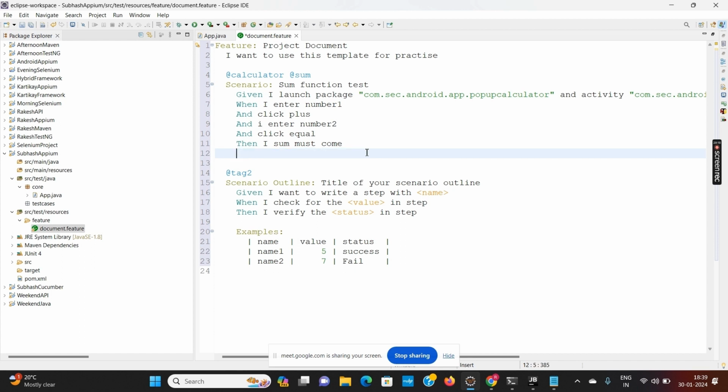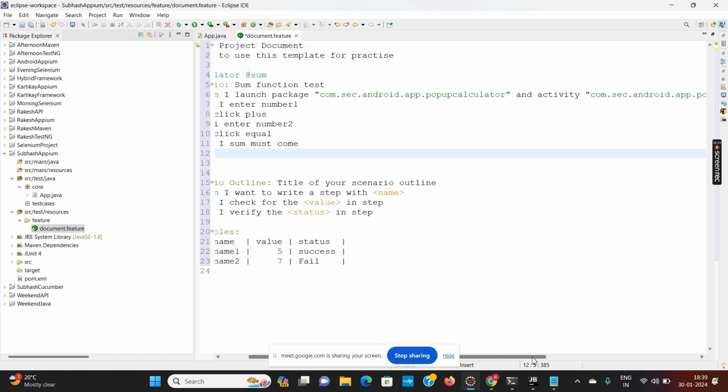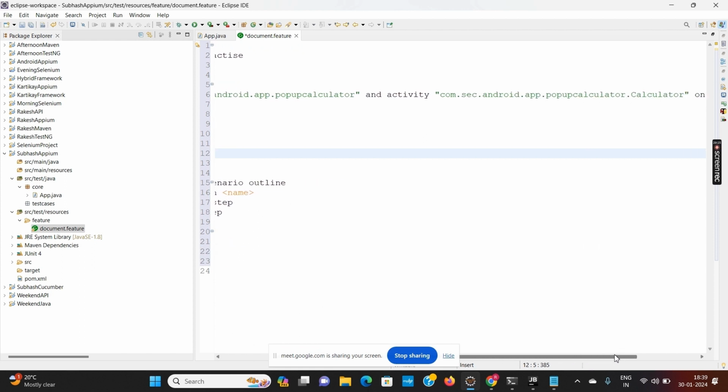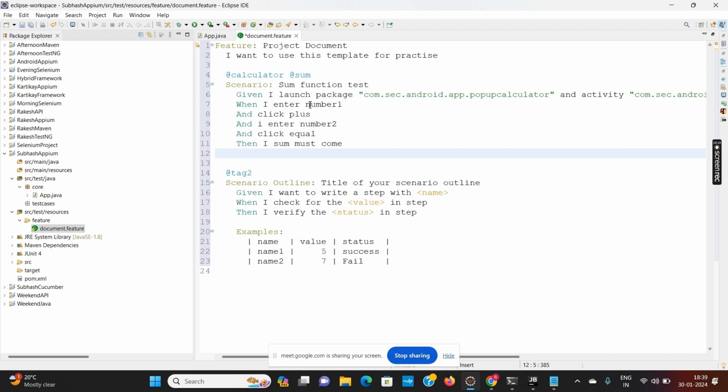So I have written a simple scenario. Given I am launching the calculator app, for that I require the package name, activity name, and the UDID. When I enter number 1 and click plus and enter number 2 and click equal, then sum must come. Simple, I have written the steps.